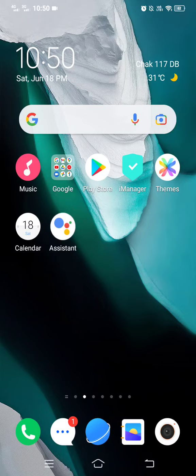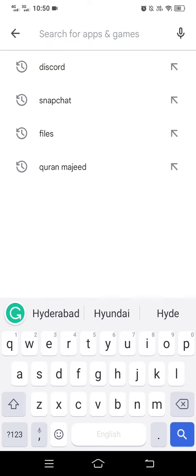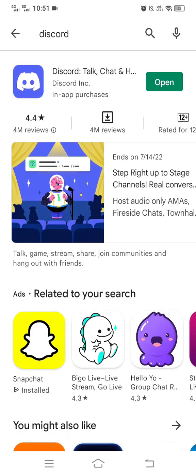In today's video, I am going to show you how to change your Discord bio. So what you have to do is first of all go into your Play Store and search for the Discord application. When you find it, just tap on it and make sure that it's updated. And if it's not, just do it because new features won't be available on the previous version of the Discord application. When you do that, open up the Discord application